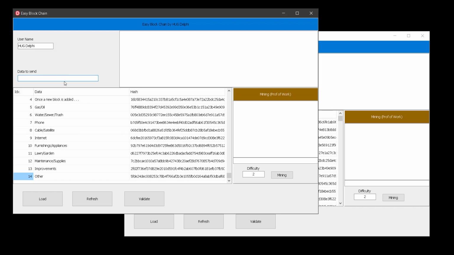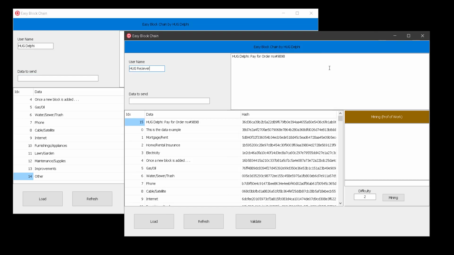Yes, it was sent successfully, because after sending successfully we clear this box and see here the hub receiver received from hub Delphi that message, a pay order number. Then it's inserted into